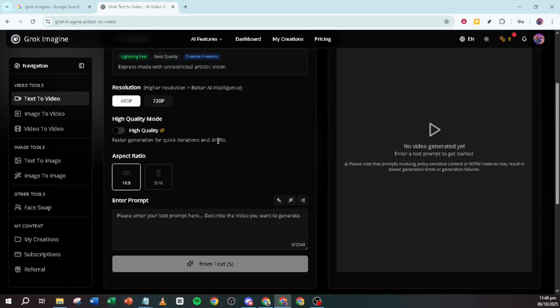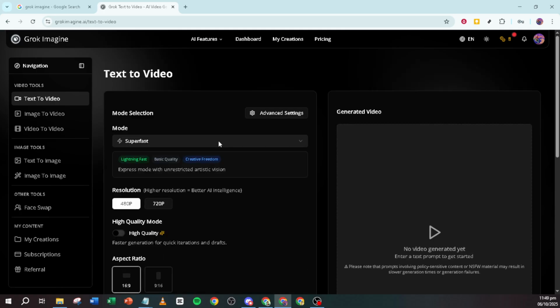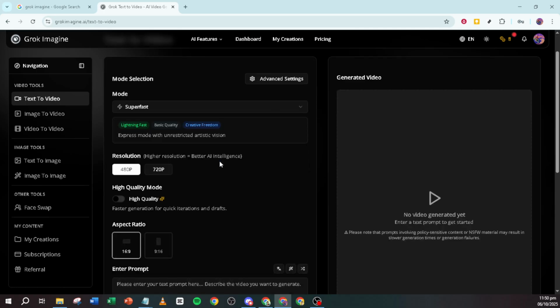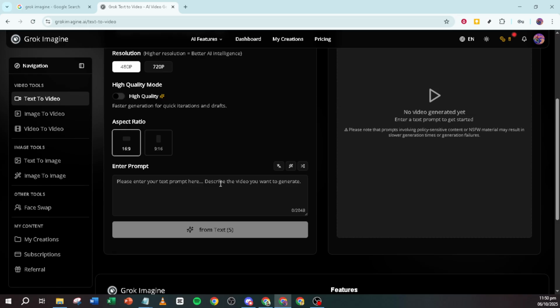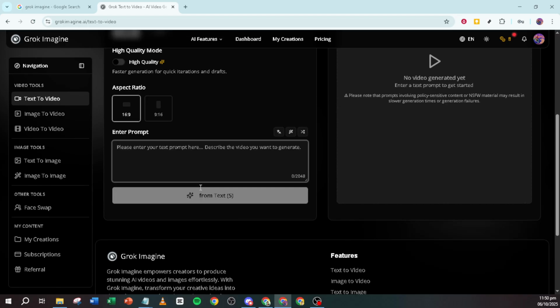Think carefully about the image you want to create and type a descriptive text prompt in the provided text box. Your prompt can be as detailed or as minimal as you like, but remember, the more descriptive you are, the better the AI's output will match your vision. Take a moment to think about the specifics of your image, such as colors, objects, or even a specific style you're aiming for.